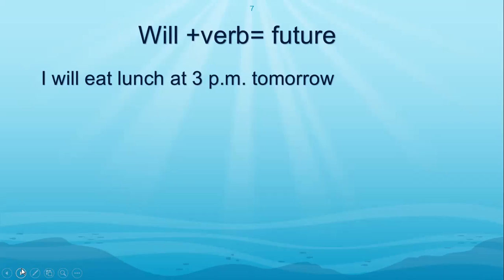So in the future, there is no will. Will is not future. Will is present. So when you say I will eat lunch, what time is it? Is it now or future? Future. So now we are talking about tomorrow 3 p.m., is it future or now, present? Future. So then why do you say it is wrong? If you say it is wrong, there should be some reason.